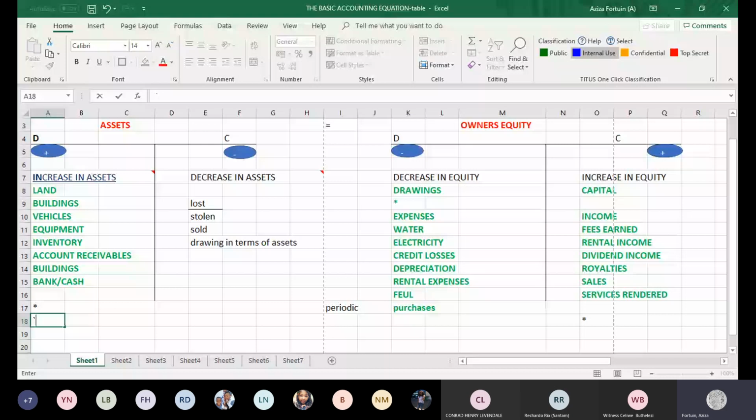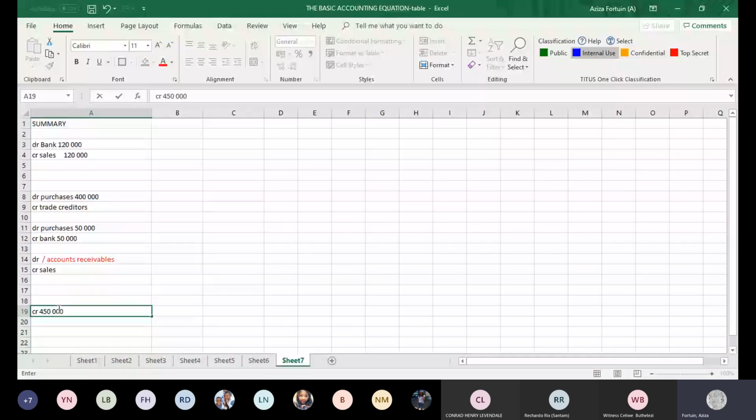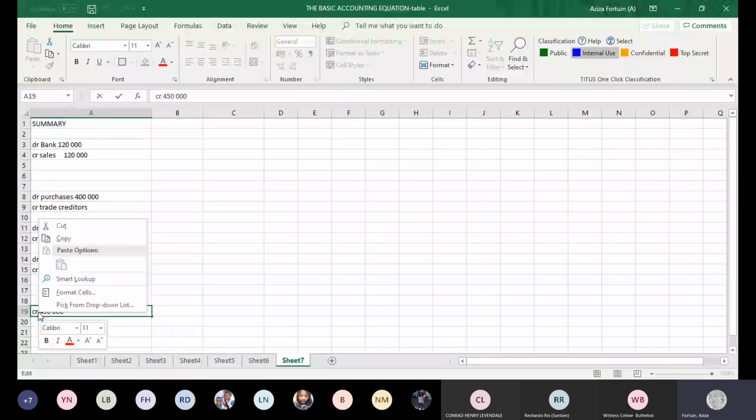So we know that we purchased for 450,000. Now the purchases is my income statement item that I need to credit. So I need to credit the purchases of the merchandise. Let me just write here: credit purchases. So I'm going to credit my purchases with 450,000 because I want to write that off